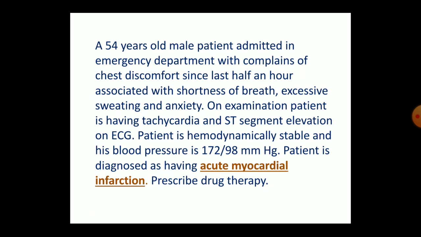On examination, the patient has tachycardia and ST segment elevation on the ECG. The patient is hemodynamically stable. His blood pressure is 72 by 98 millimeter of Hg. The patient is diagnosed as having ST elevated acute myocardial infarction, and you write a drug therapy for this